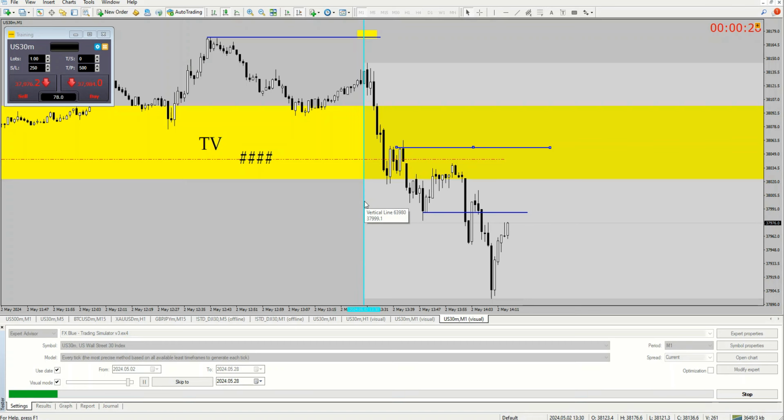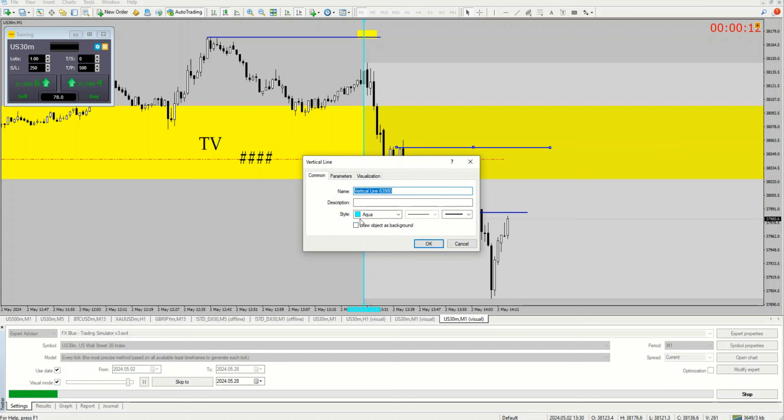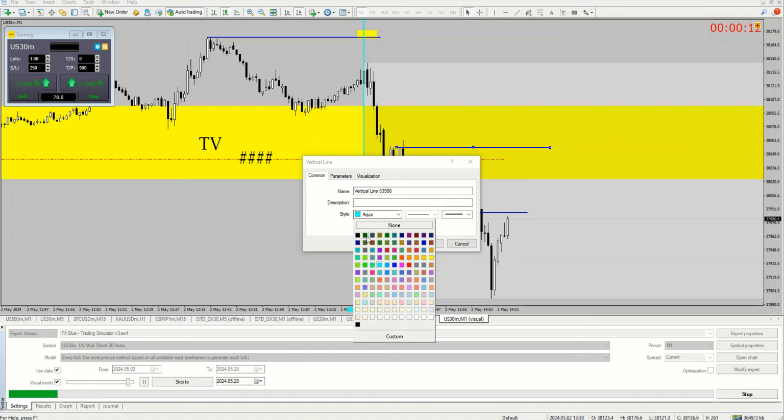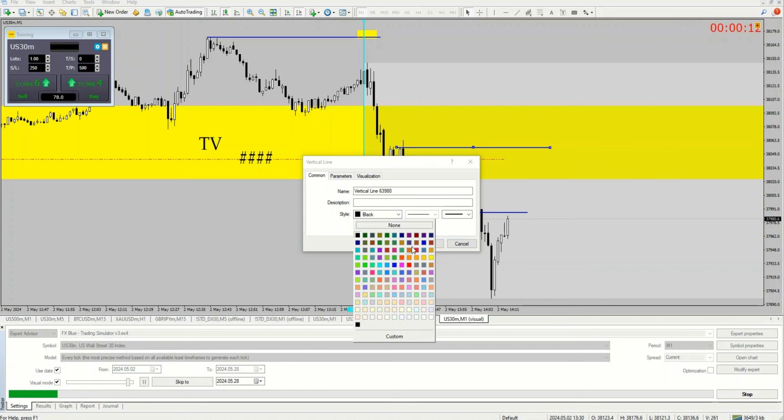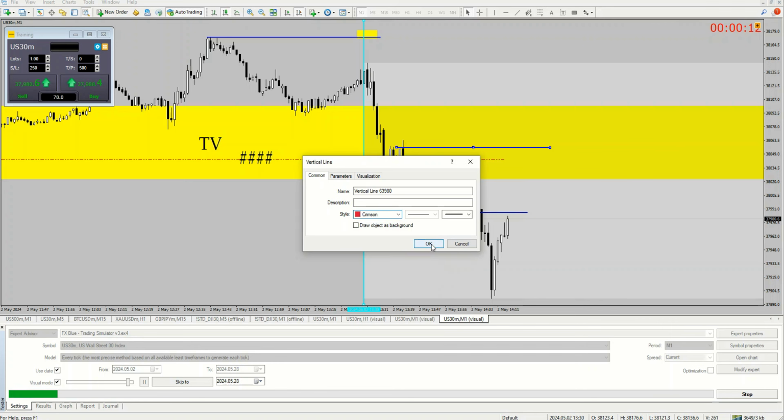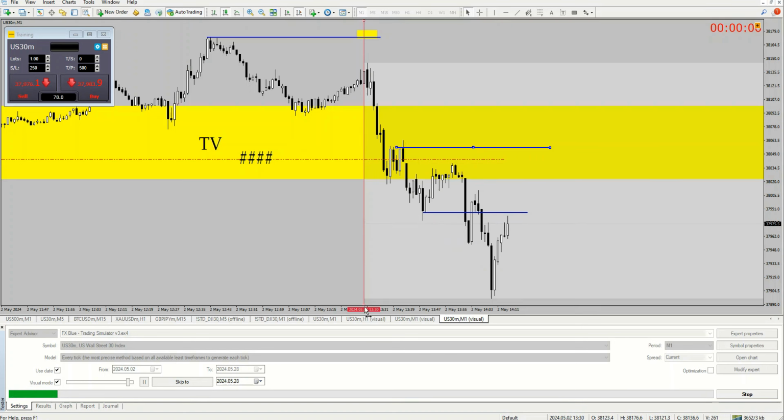So this is the half-hour mark. It's going to be easy if you do it like this. You can put a black line, whatever line you want. It's all up to you when it comes to this. You can even put a red line. I prefer this one being a little bit smaller, as you can see, I want the times to be more visible. So this is half past, when the session is opening,